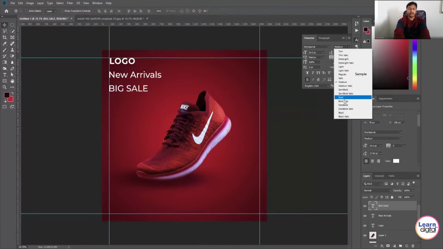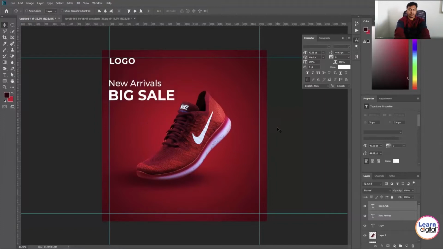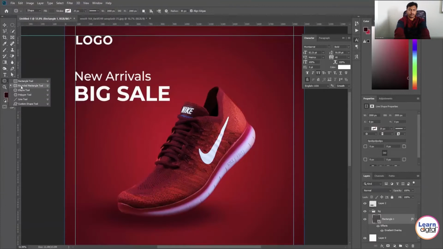The things which you want to highlight, make sure that they should be in bold letters or in a bold font, or in capitals also, like uppercase. Then I'm drawing one rounded rectangle with the radius of 15. It's up to you guys how much radius or how much curvature you need at the end part. You can give that much radius.